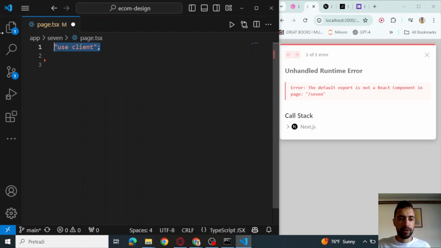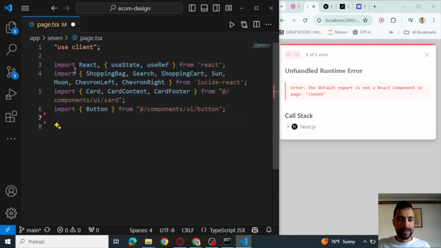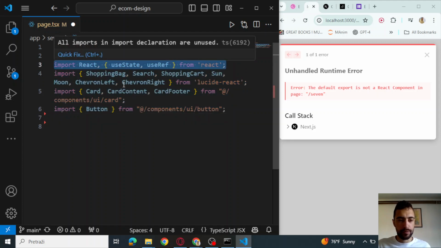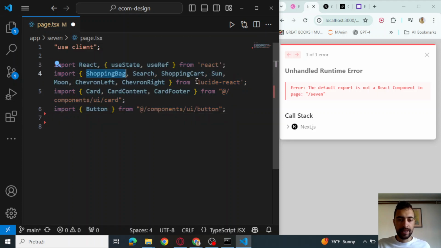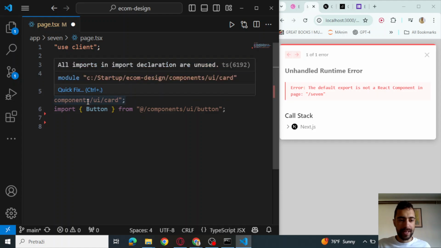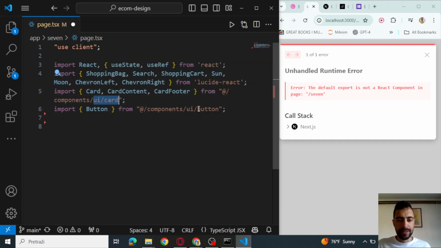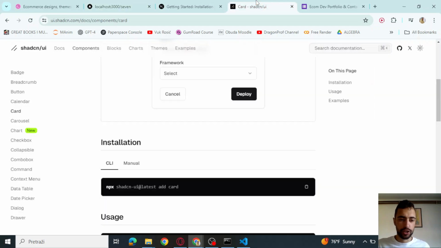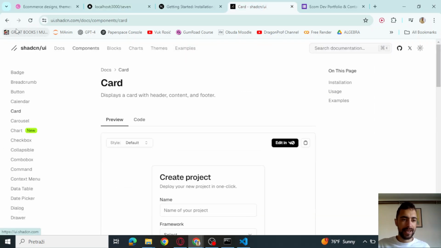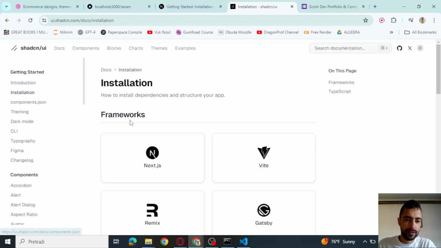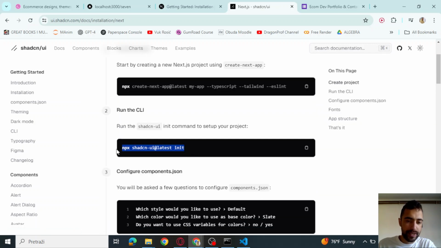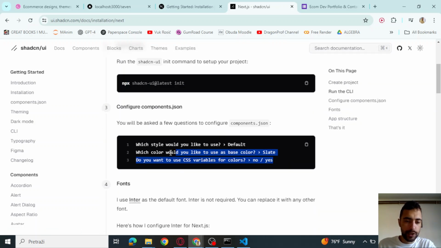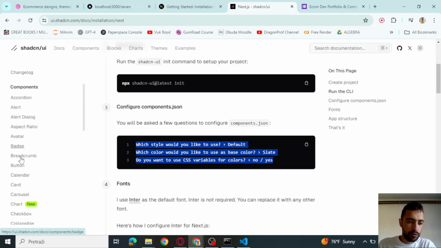So let's start with use client, and then let's do some imports from React. We're going to need everything from Lucide React and these UI card and UI button components. These are ShadCN components, so you first need to install them. Google ShadCN and select Next.js or React, whatever. So ShadCN installation, select Next.js, then copy this, press yes to everything, and then you need to go and